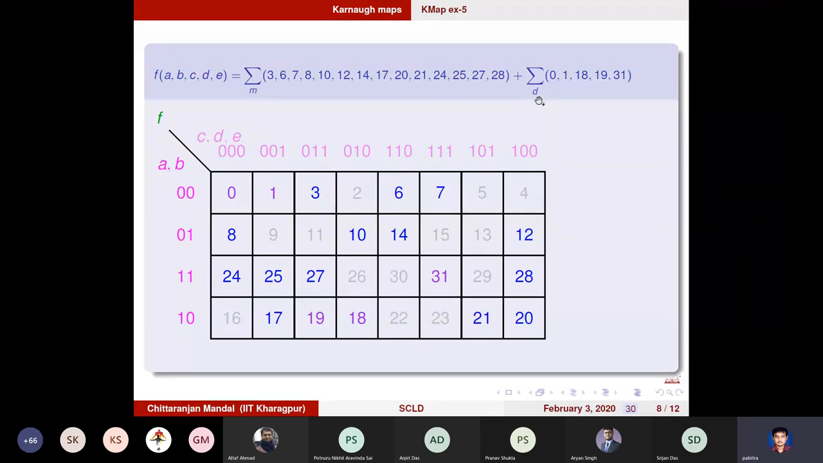So in this diagram, I have marked them as this violet: 31, 19, 18, 1, 0. These are the don't cares. The reason I'm including these don't cares here is as follows. Since they can take a value 1 or 0, if setting them to 1 helps me create larger cubes, I'll set them to 1. If setting them to 1 helps me draw larger cubes, which means I can minimize the expression further,